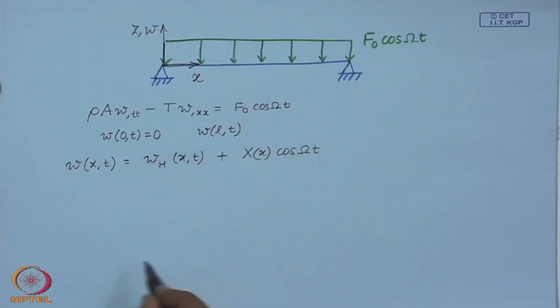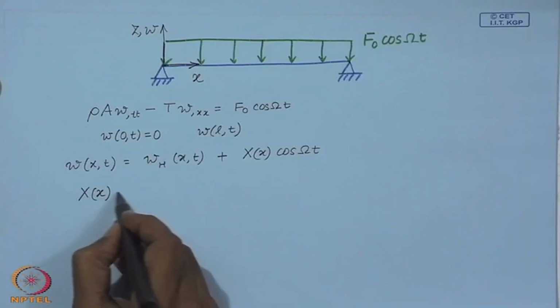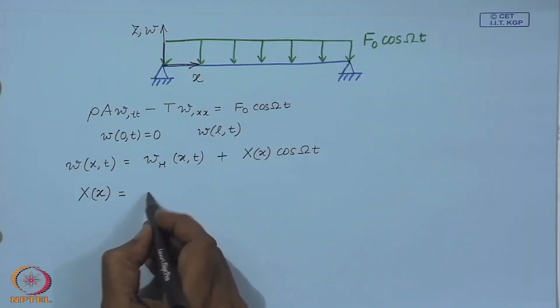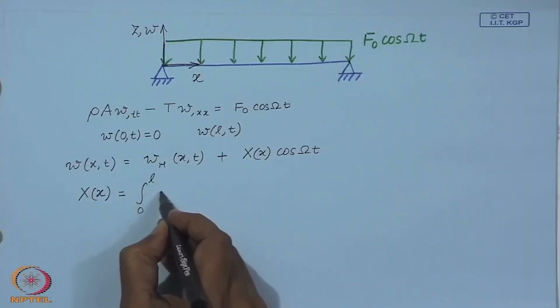We have already derived the Green's function, and we need to solve for this amplitude function of the particular solution by performing this integral